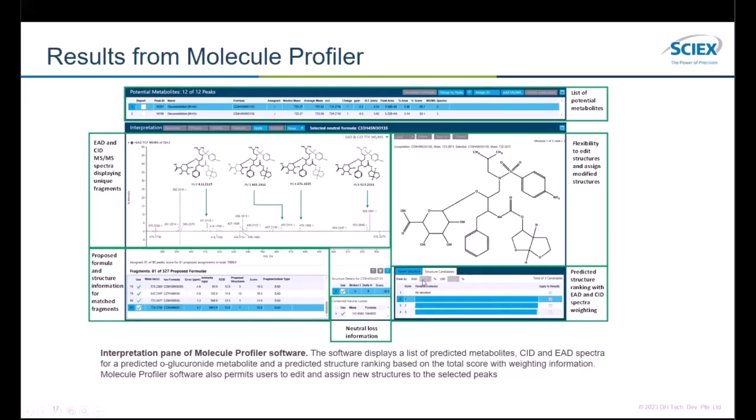So in this case, if you have 100% EAD, you can see it ranks the structure based on the overall score or the proposed assignments. So 1, 2, and 3. When you select